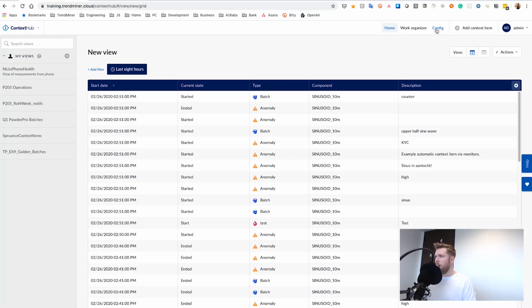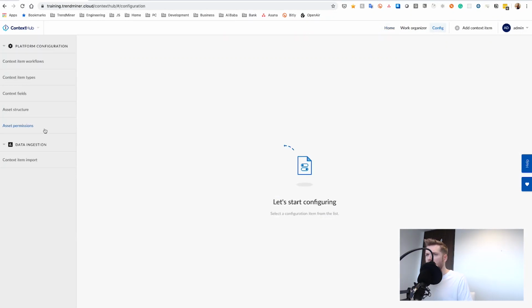That's a one-off action. This is something that will only need to happen once, and from there on, the type and the configuration is going to be available. But if you just get started, it's possible that you will have to reach out to one of your colleagues. If you're not sure about who that colleague is, feel free to reach out to TrendMiner, and we might help you along the way. All right, so let's dive into configuration, and you'll see that there's a number of options